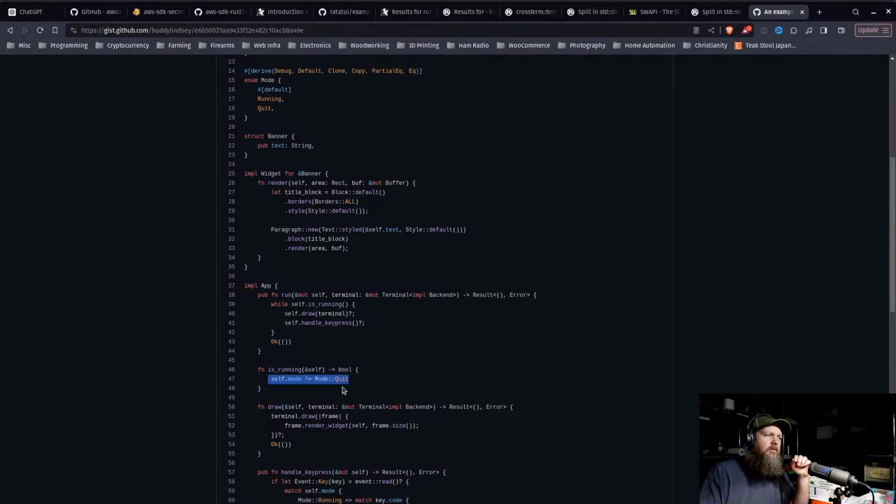I think we forget what we put in ours, but we'll figure that out. If it is true, then we're good. Do the draw and do the handle key press. Otherwise, return OK, and your application is done and exits. So these are the two things we have to do: we have to manage the drawing of the screen, and we have to handle